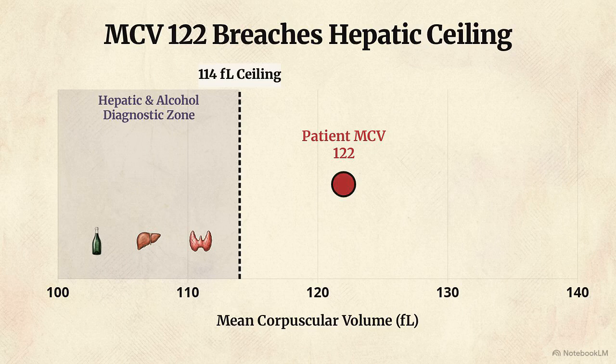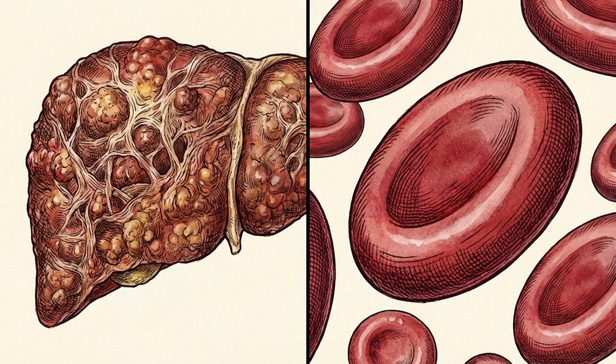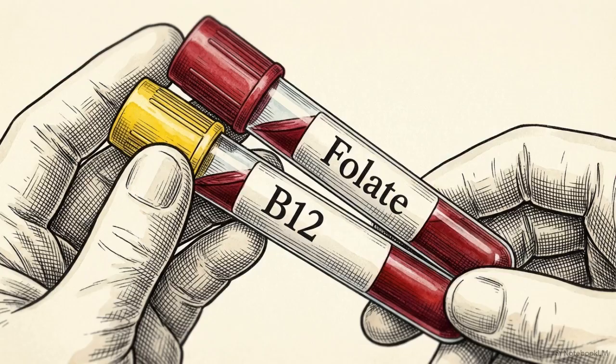You have a patient with documented severe alcohol use disorder, presenting with an MCV of 122. Attributing an MCV of 122 to the alcohol use alone is a diagnostic error. The volume has breached the physiological limit of hepatic macrocytosis. An MCV crossing 114 femtoliters in an alcoholic patient strongly signals a concurrent, hidden megaloblastic process superimposed on the liver disease. The moment that 114 ceiling is broken, you must immediately order serum B12 and folate levels to locate the